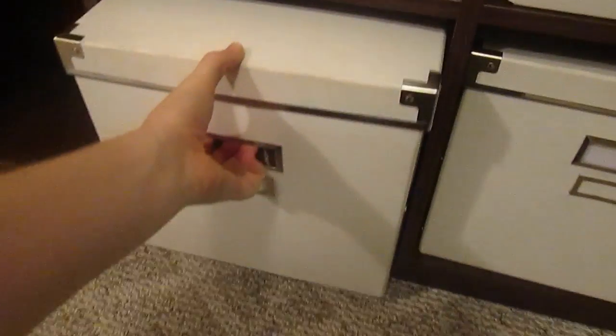This box has pictures in it. I will show you another way that I organize my pictures. But these are like extra pictures or enlarged pictures that don't fit in my other thing. And then this box is all of our